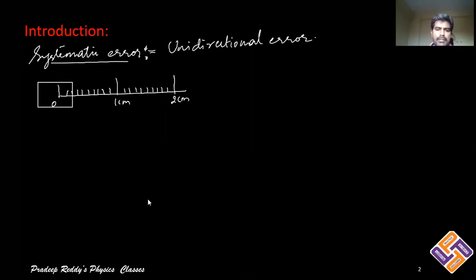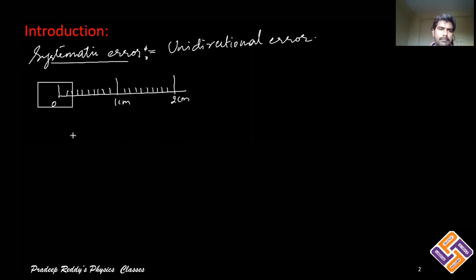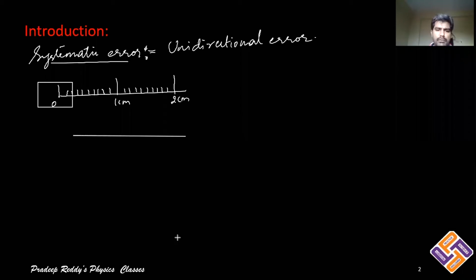Then you will be left with only this part of the scale. This is 1 centimeter, but actually there are only 8 divisions. And here it is as usual, this is 2 centimeter. With this broken scale, if you are measuring any physical quantity,